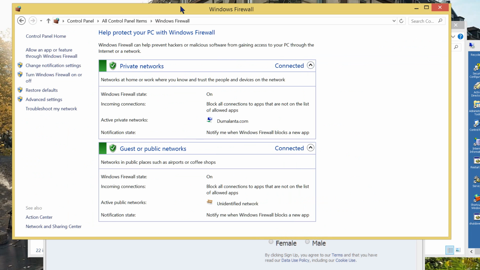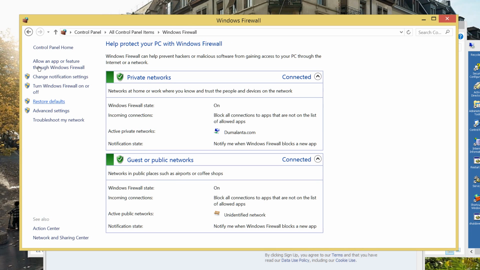Clicking on the firewall, and for the sake of experiment, we're going to do this. Turn Windows Firewall on and off, and restore defaults or advanced settings.